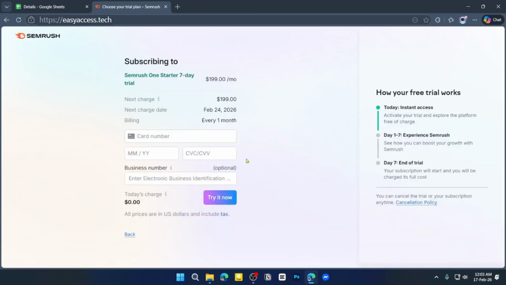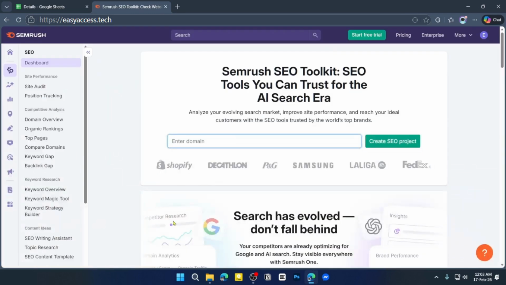Now next thing is obviously giving your personal information, your bank details and business number, and simply just click on this try it now and you will be redirected on the Semrush official website with the free trial. So that's it basically. This is how you can easily access to the Semrush free trial, and that was the